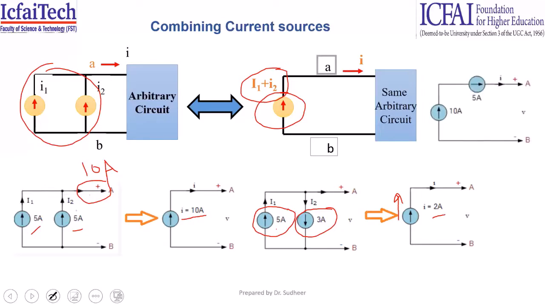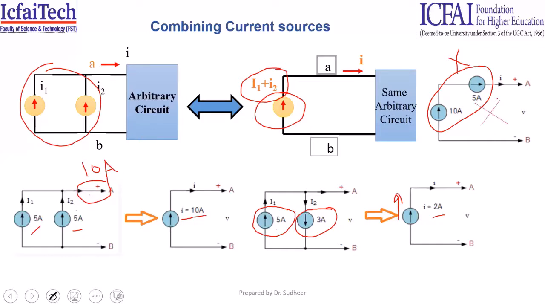Now the question arises, can we connect current sources of different magnitude in series? What is a series circuit? If the current flowing through the circuit is the same, then only we can say it is series. So we are violating the basic principle of that. In a series circuit, current should be the same. So we cannot say in the same series circuit that 10 amperes is flowing as well as 5 amperes. Never think that the equivalent current is 10 plus 5 or 10 minus 5. You cannot connect two different current sources in series to each other.